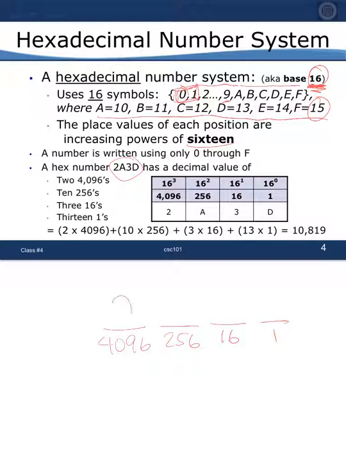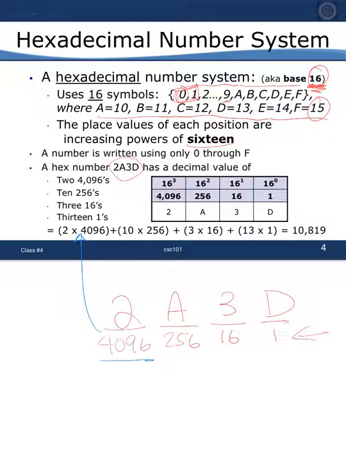So this number, 2A3D, is actually how much? Well, I'll use the same idea that we've used for binary to say, oh, well, the place values are here. I have them. I know how much each of these characters corresponds to. So I just do my usual sort of arithmetic at the end, where I might say this 2 that's in the front is actually two of these, right? So I might say that's 2